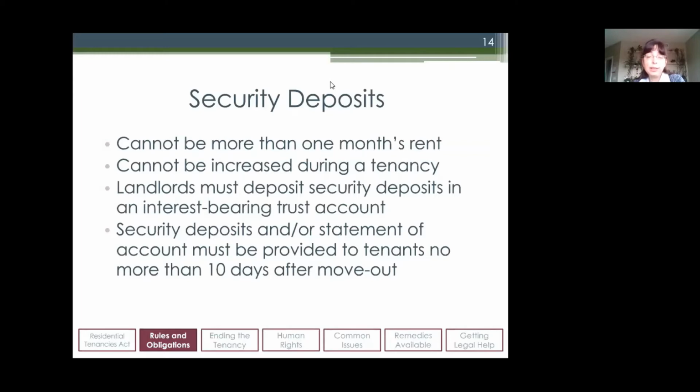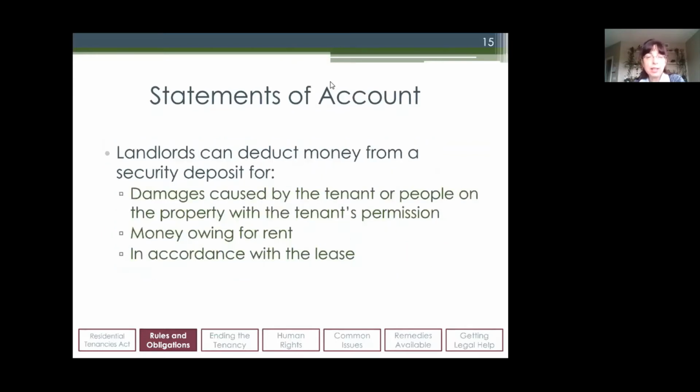So that's why you're not receiving any interest on your security deposit accounts, because there's just nothing there being earned. The interest formally has been 0 for at least several years. So the security deposit and the statement of account must be provided to you not later than 10 days after the move out. The statement of account is a letter or a 1-page or multi-page document stating what